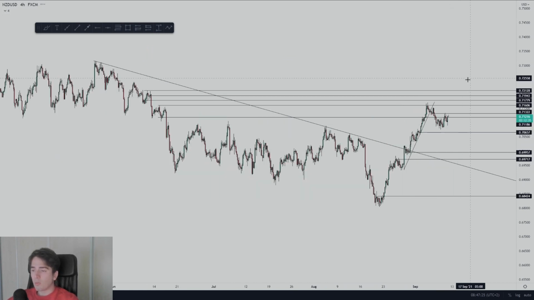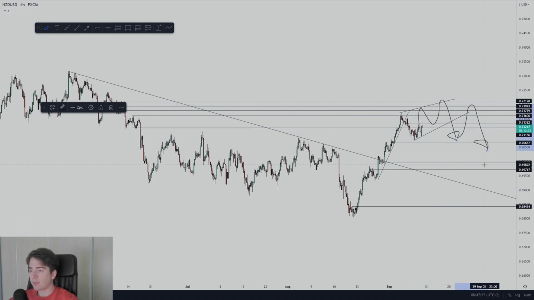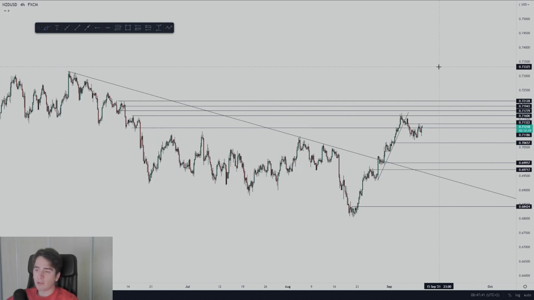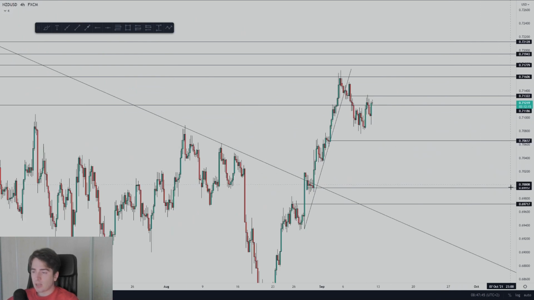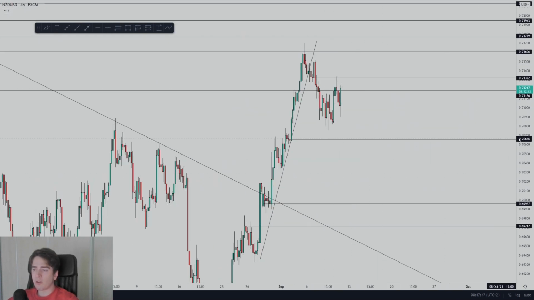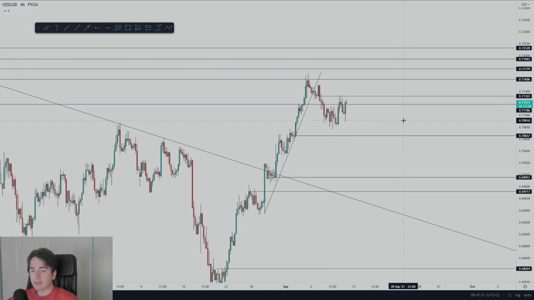So what I would like to see potentially is something like this form, in the form of an ascending channel, and then reject my level and then start dumping, then retracement, then 618, and then a further sell in towards the lows. So yeah, I'm not really looking to sell over here where the market is currently trading at. Purely just because according to my trading plan, I can't take a trade here. So therefore I will just be skipping this setup.